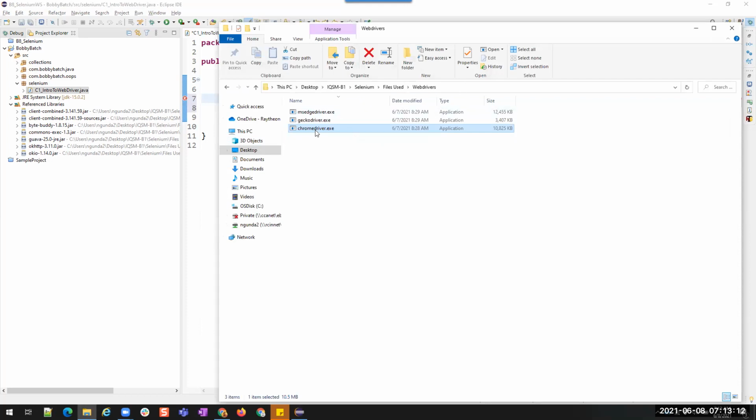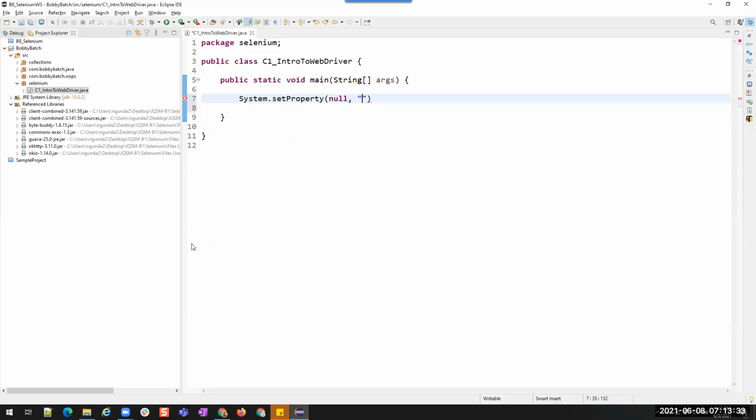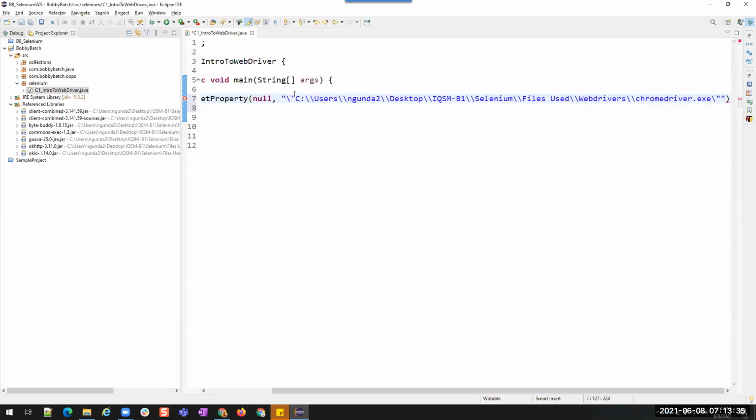For example, now I want to work with Chrome. So go to the path where your Chrome driver exe file is downloaded, select that file, shift right click. Now you will see an extra option called copy as path. Just copy as path, paste it here. That's all.